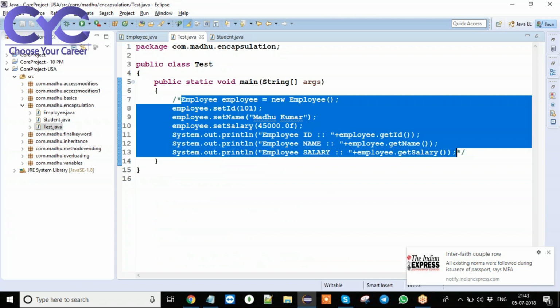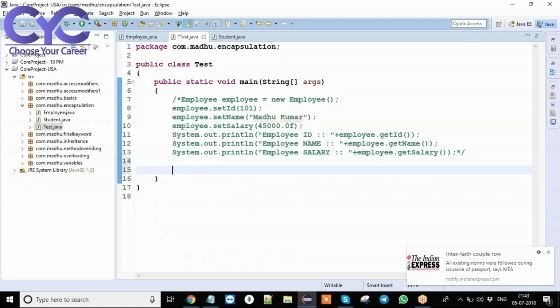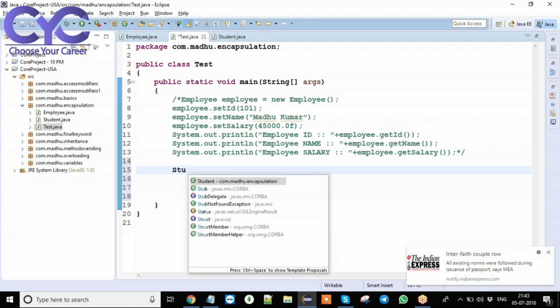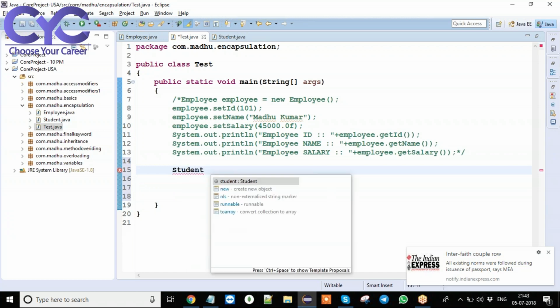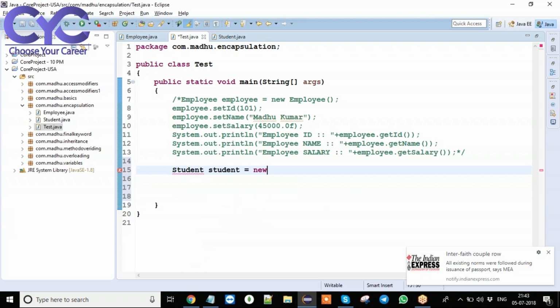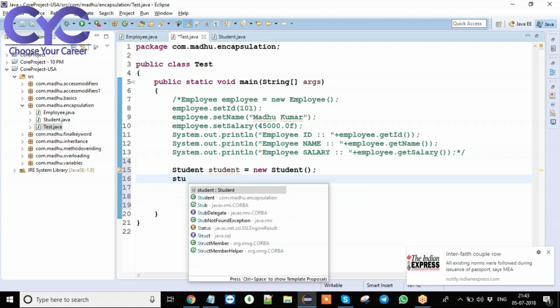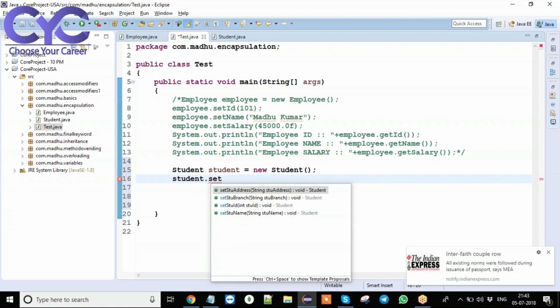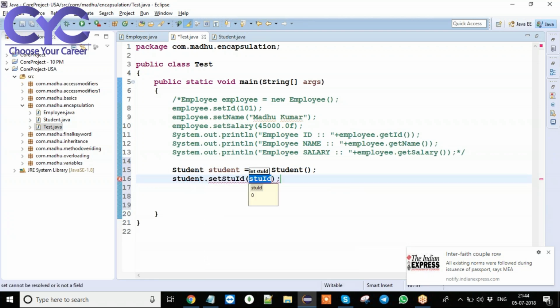Now similarly I am going to create an object for our Student class. Student is equal to new Student. Now see here, student dot setStudentId of, see here, automatically Eclipse is going to generate these things also.